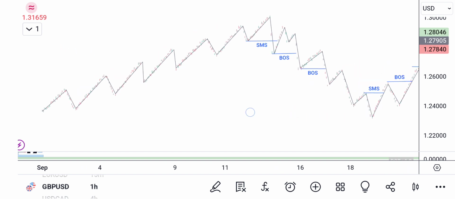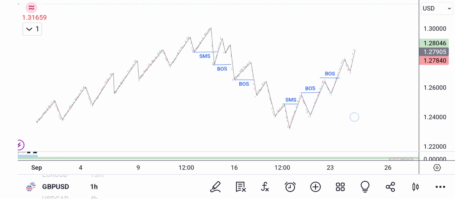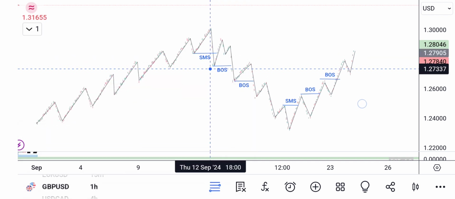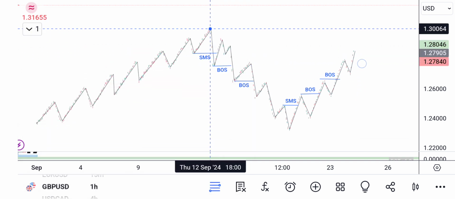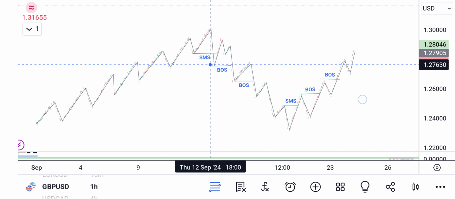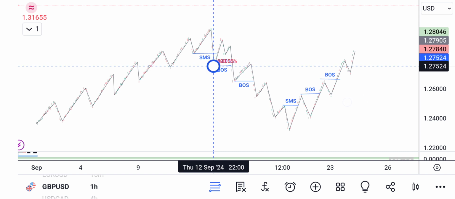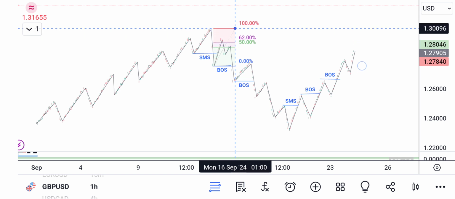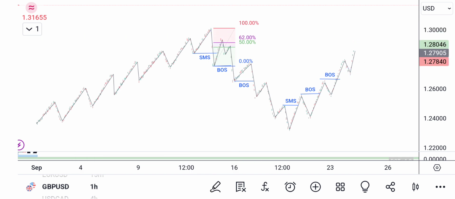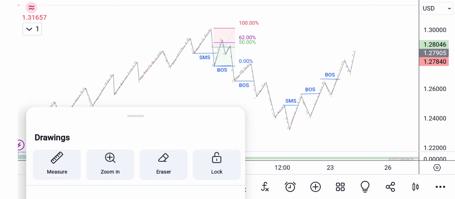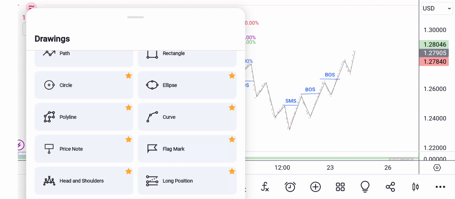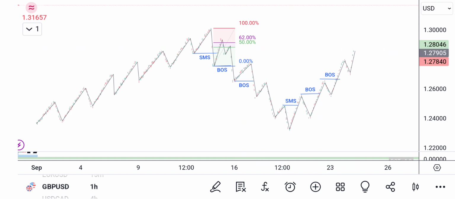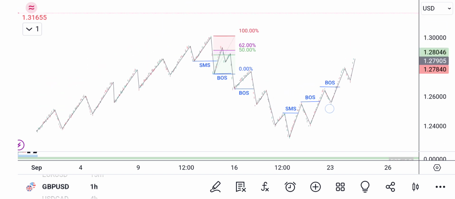So I've taught you how to use the Fibonacci tool, and I've taught you how you can measure these ranges. I hope you go back again and you watch that video. So when the market displaces itself like this, what you simply have to do is you take your Fib tool, you measure this low and this high over here. Right now, anything above this 50%, or let me use my crosshair, anything above this 50%